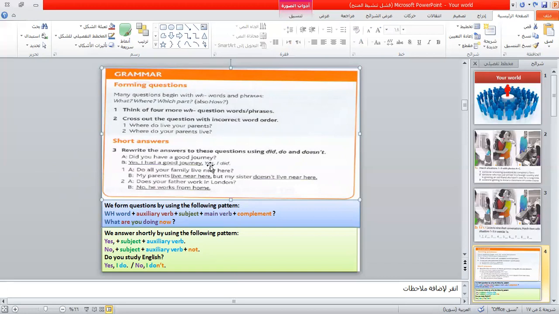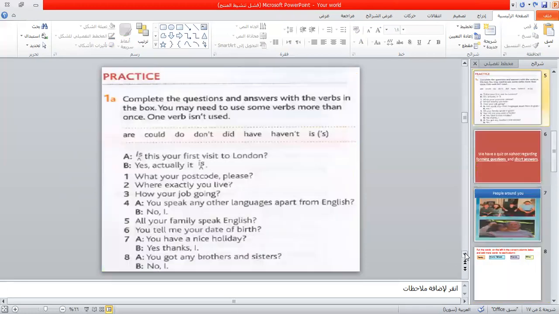Of course, they will rewrite the answers with each other. I will put them in groups. They will have, for example, 5 minutes to do this exercise, and then we will check their answers. And this is all about grammar for now. Then we will move to the next slide. We have a practice here, an exercise